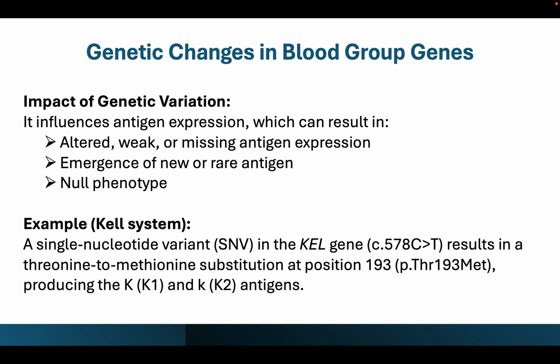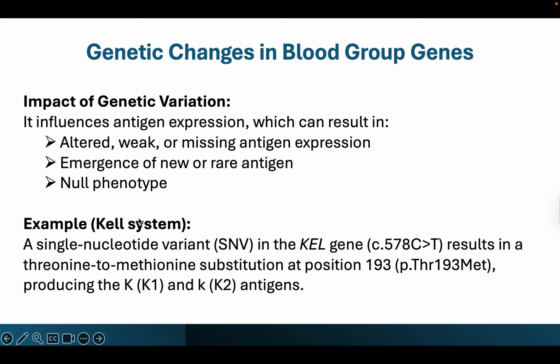Maybe the mutation just makes the gene ineffective, and as a result there is no carrier encoded by this gene because the gene is not working anymore. So there is no product of this gene. This is called a null phenotype. In the null phenotype, the carrier is missing not only from the red blood cell, but from all the tissues that express this carrier.